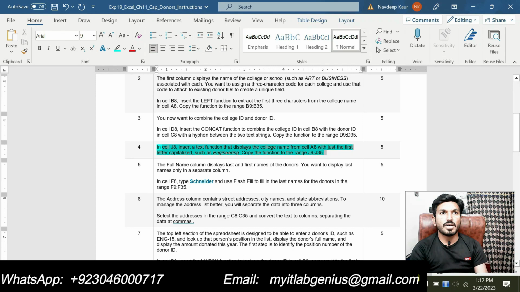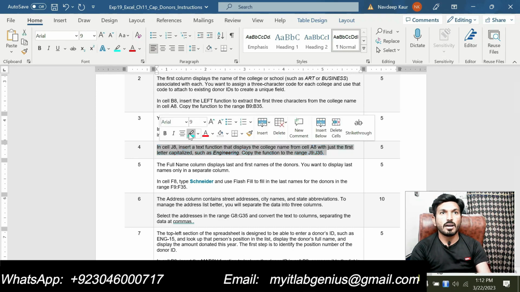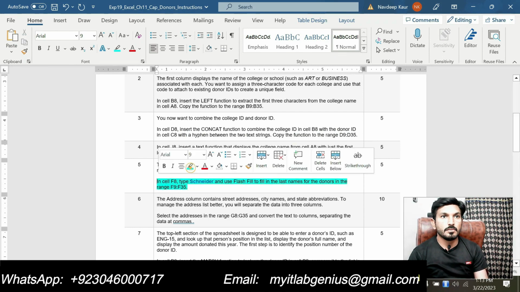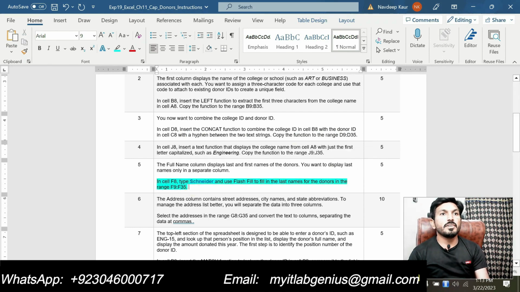And now we will move to the next step, that is step number 5. Step number 5 is we are supposed to type this one in cell F8, and then we will use the flash fill for the last names of the donors in the range.